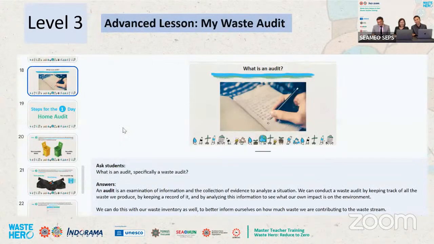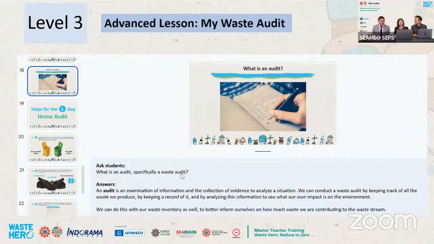Right. And then for the level 3 advanced lesson, students will consider how much waste they produce daily. It is very good because it makes them mindful of what they consume each day and how much waste they produce for the planet too. Every package is also available on the website with, for example, what questions we should ask students. For sure, these lessons are flexible, right?